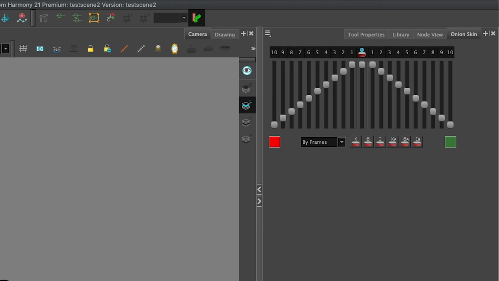To select which frames are shown, you can click on each button within the top of the onion skin window. Previous frames are controlled on the left, while next frames are controlled on the right. The number tells you how many frames ahead or behind it's showing. You don't necessarily have to have all the frames on, you can enable and disable individual frames. You can click and drag across the frames to change many at once.